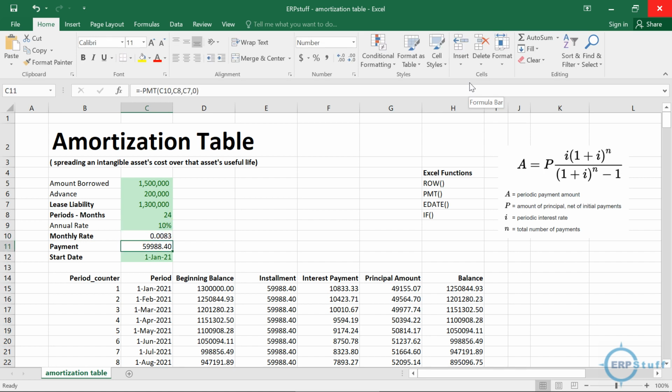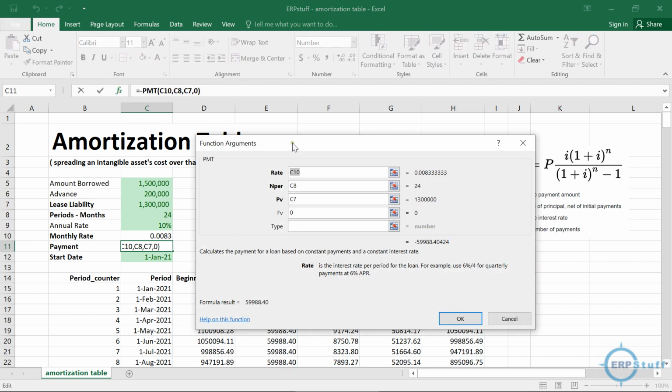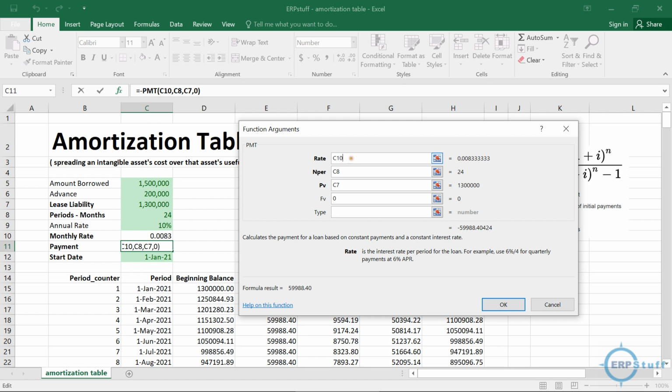Now here we are using Excel functions. If you see here in this sheet, I have used these Excel functions: row, payment, e-date, and if. We will go one by one. So here I am using this payment function. You can click here to see. First we have the rate, which is our C10, then NPER, the total number of payments, which is 24 in our case, and this is PV, your present value, the amount you are borrowing,